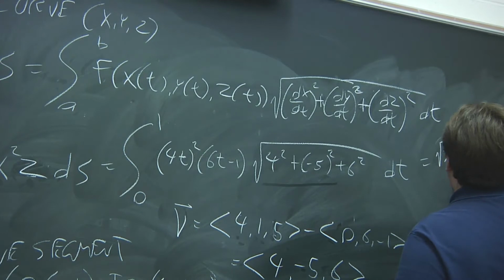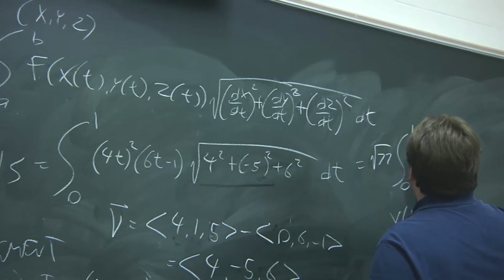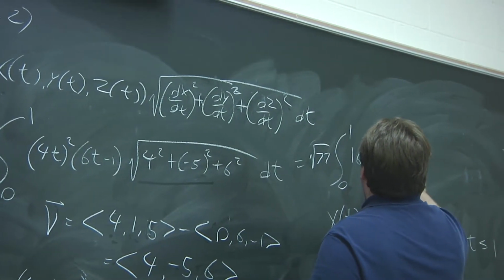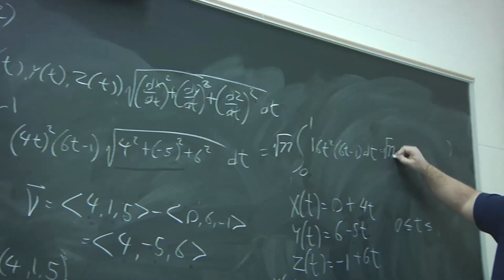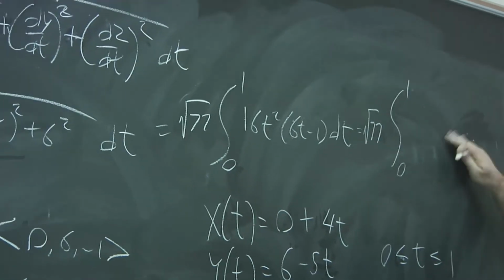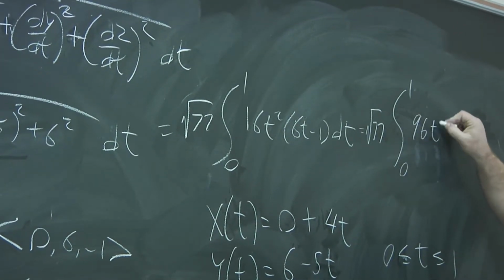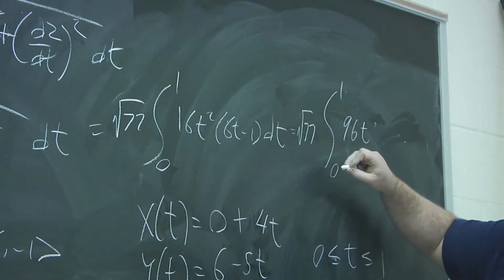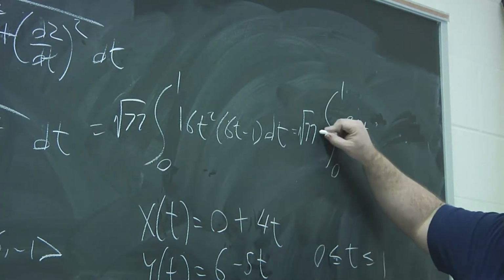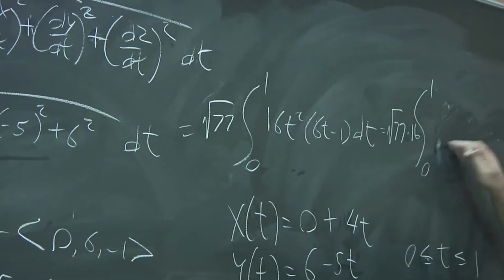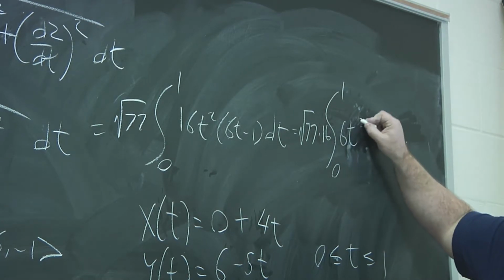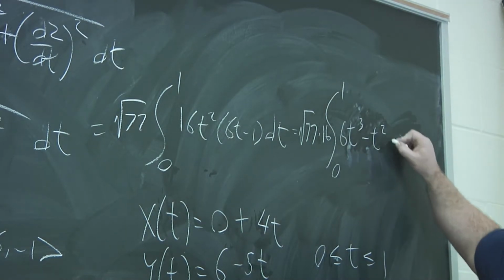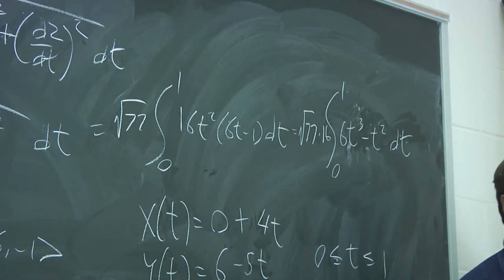So let's pull it out. And then we'll have 16t squared times 6t minus 1. Alright, multiply it out so we get 96t cubed. Actually, what I'm just going to do, I'm just going to pull the 16 out also, just to keep the numbers down. So now we have 6t cubed minus t squared. Okay. Alright, so then